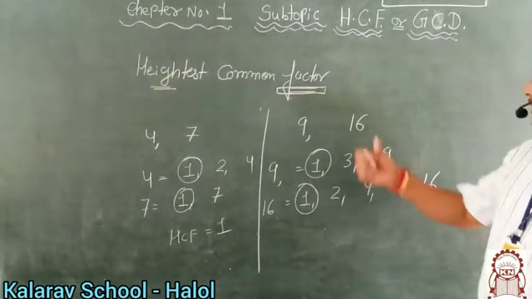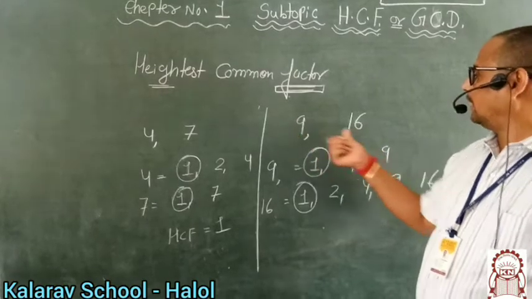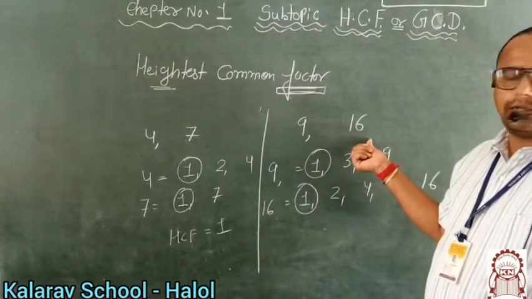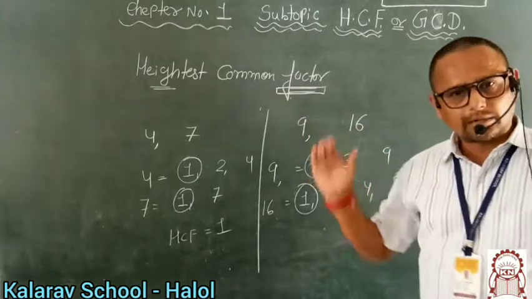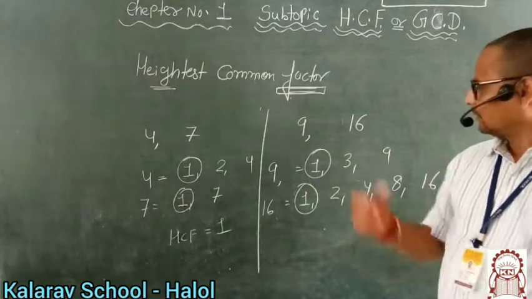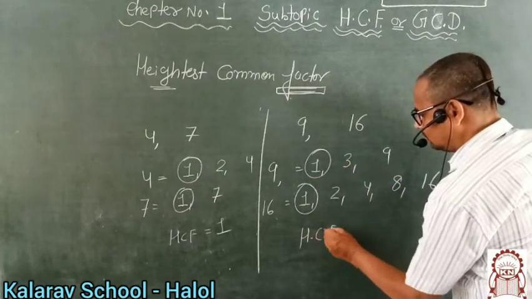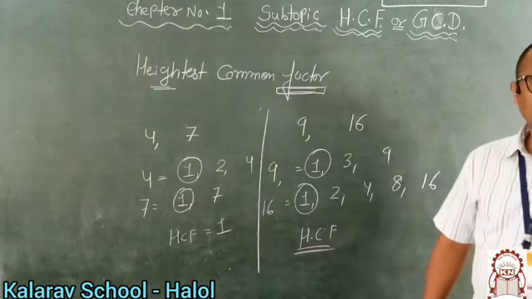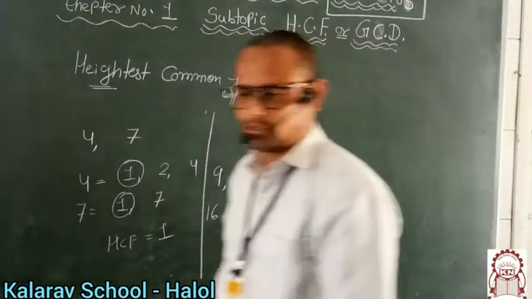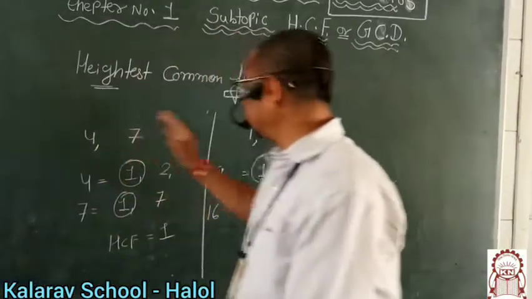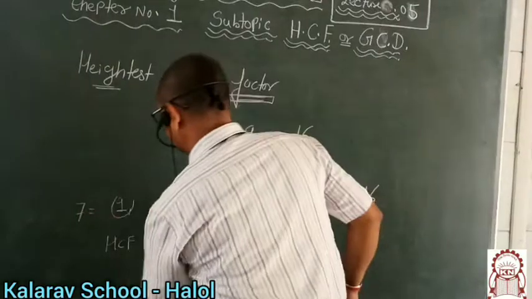It means if two numbers are composite, but one is odd and one is even, in that circumstance also HCF will be 1. Okay, let's take one more example. एक और समझने की कोशिश करते हैं. So all these things you keep in your mind. Very important. I am telling you again and again.